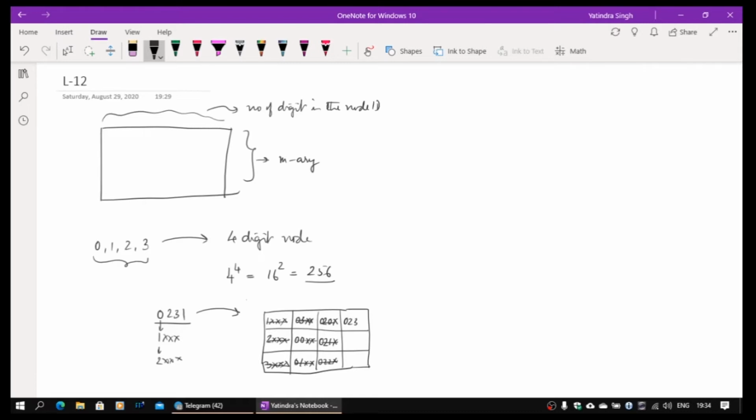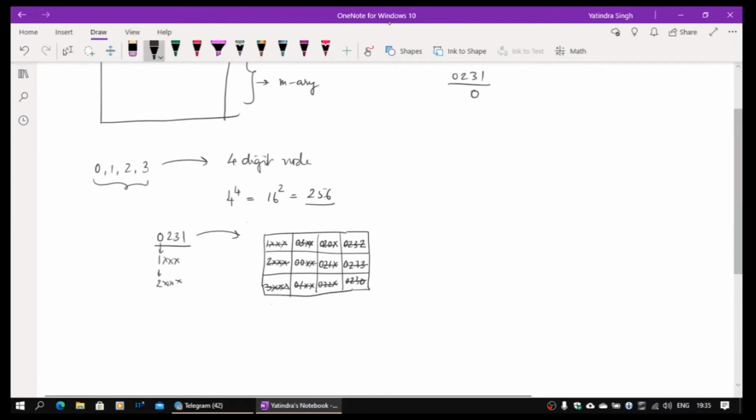After 1 we get 2, so I will put 2 here: 0233. And after 3 we get 0. Since there is no other node ID currently in the network, only one node existing here, 0231, there is no entry, I just struck them off. This is the blank routing table which exists here. So let's add one node at a time and see what happens to the network.